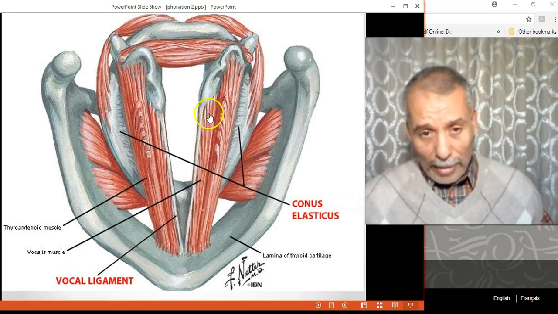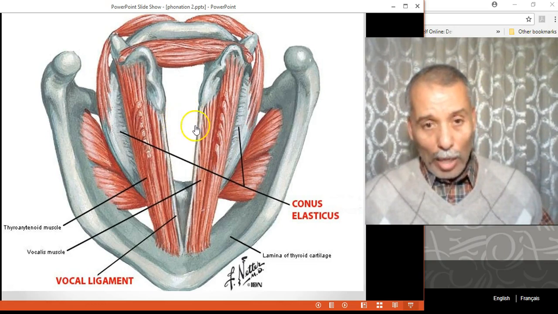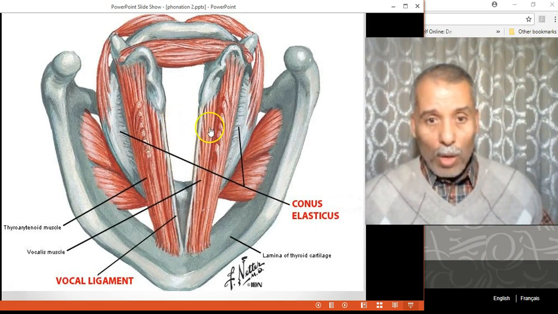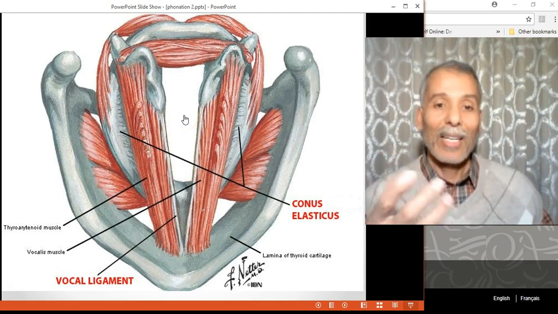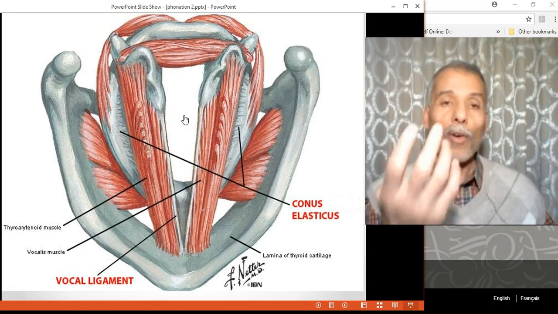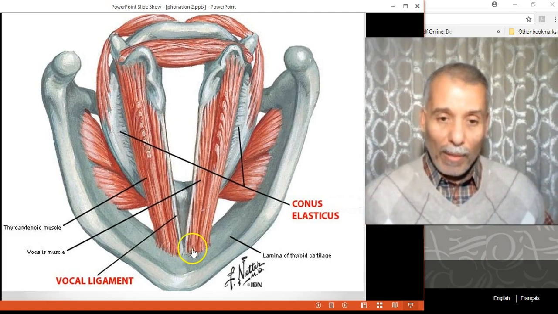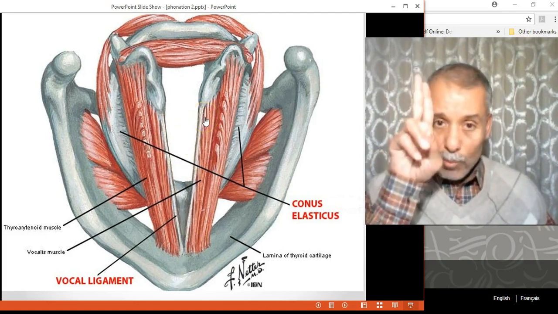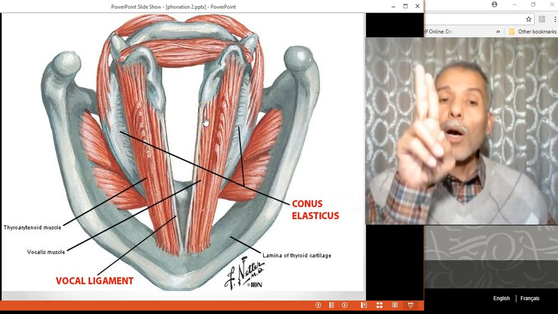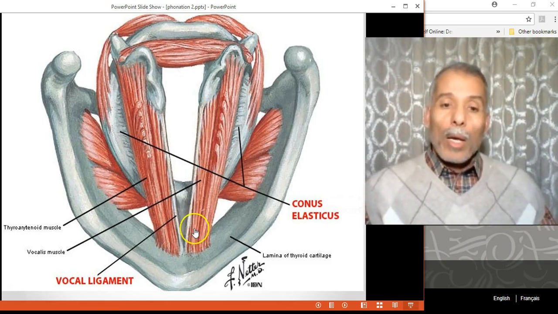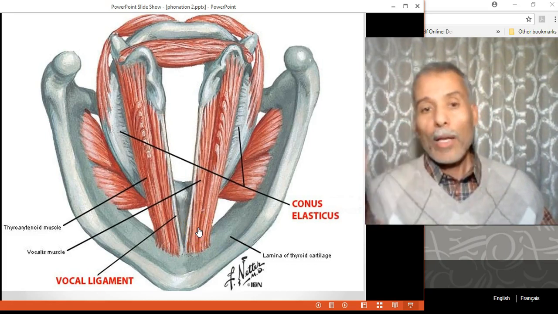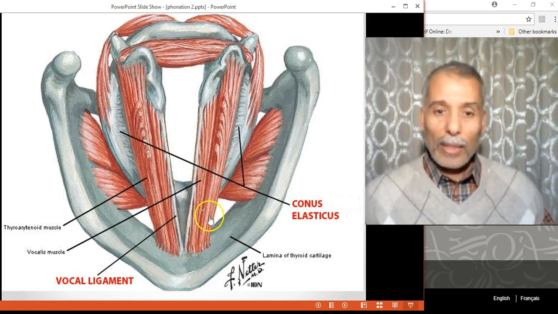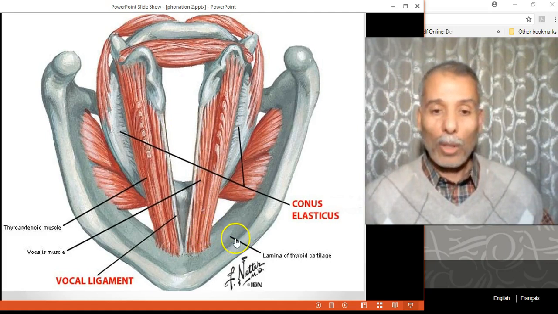So the muscle that is closer to the glottis is called the thyrovocalis. Why vocalis? It vocalizes. It is the muscle that's responsible for vibration. Okay, again, the thyrovocalis is one branch of the vocal fold. The other branch that is anterior, that is away from the glottis, that is the bulkier, heavier muscle, that is